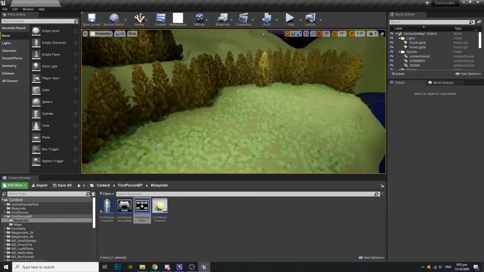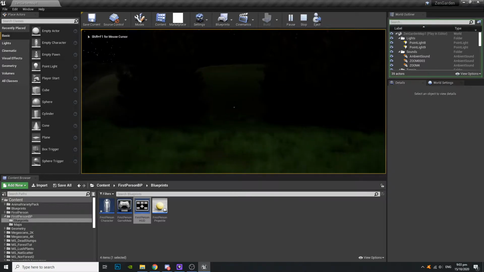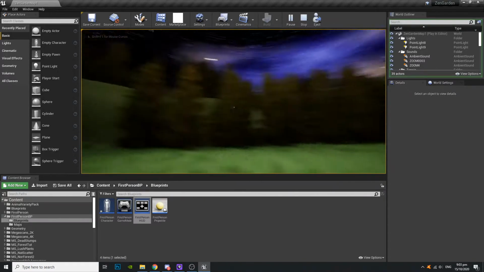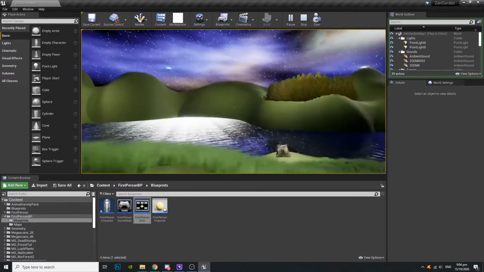And I chose this area as the spawn spot. So when you go in, you can walk around and have a look. The next thing I did